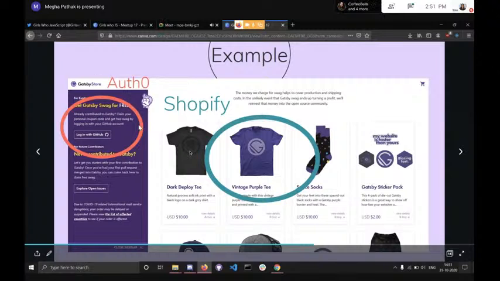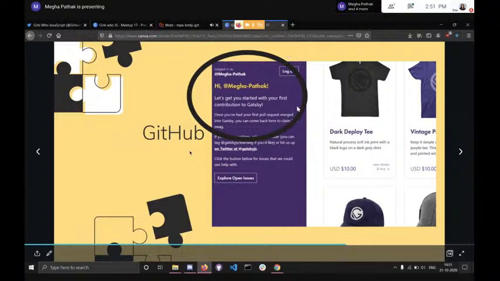This is coming from auth, this is coming from Shopify, and once you log in, they check your contributions through GitHub. The details of how many contributions you have made to Gatsby come here, and this information is fetched from GitHub, and that's how you can redeem your swag and everything.